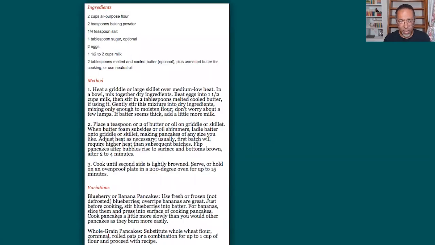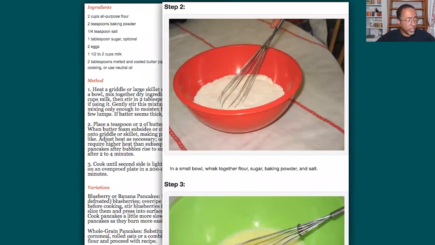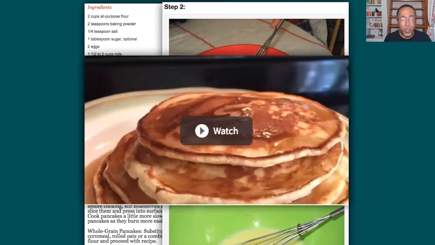I don't know about you, but I have been making a lot of pancakes lately, and this is a recipe for pancakes. And the text is kind of small, kind of clumped together. And I might glance at that and think, you know what, I bet pancakes are kind of hard to make. I don't know if I'm going to make pancakes. Now I can take the same text, give it big full width imagery and break it out into smaller, more scannable bursts of text. And I might glance at that and think, you know what, I bet pancakes aren't that hard to make. Maybe I'll make pancakes. A 2-minute video, forget about it, we're making pancakes.